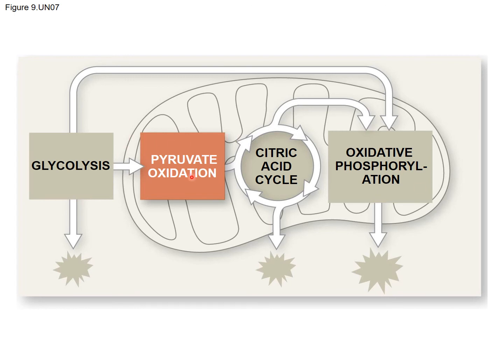The next step is pyruvate oxidation. So pyruvate oxidation is going to happen if oxygen is present. Okay. If oxygen is not present, something else happens to pyruvate. Okay. So in the second segment, we're going to talk about if oxygen is present, we'll move to pyruvate oxidation, then the citric acid cycle. All right. So in summary,